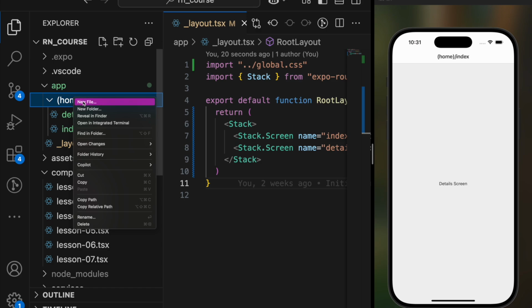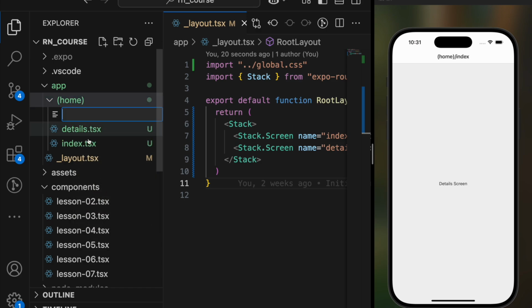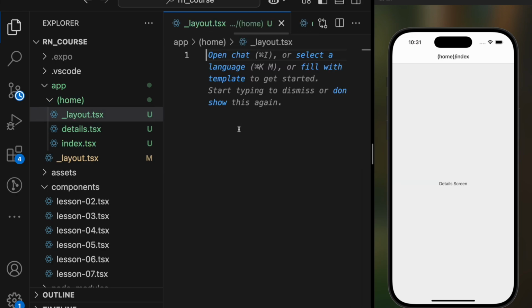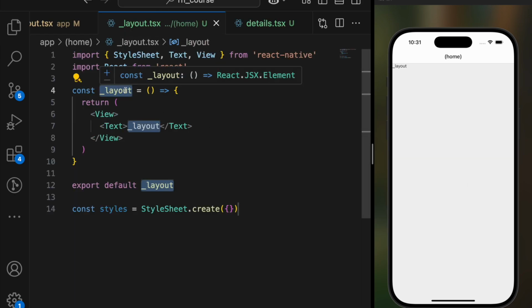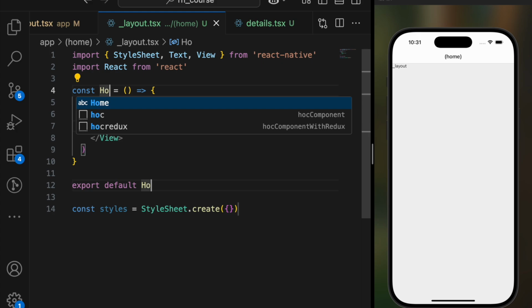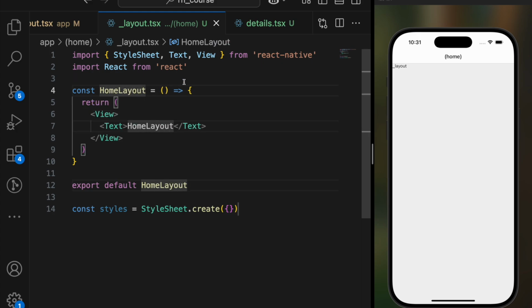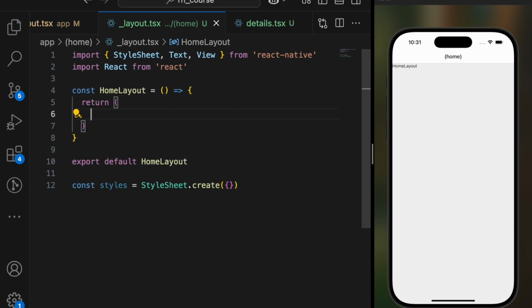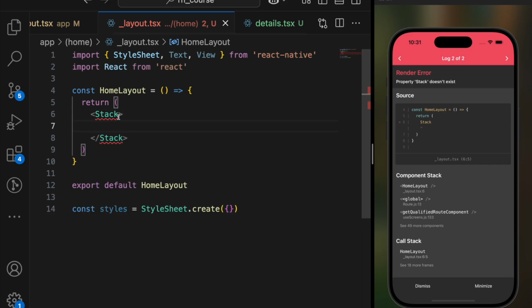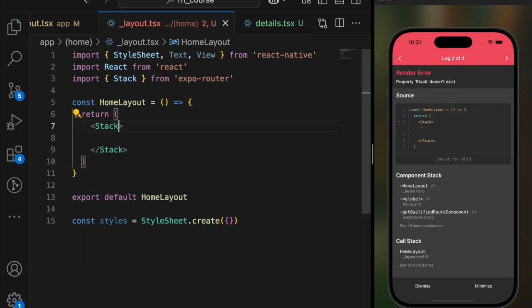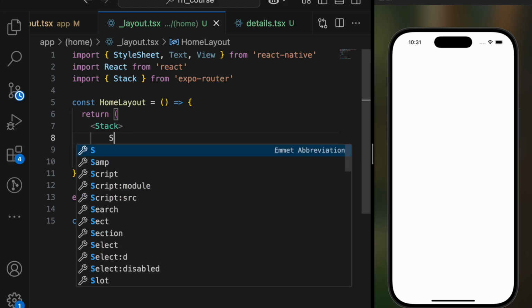So I'm going to go ahead and create a new file, and I'm going to call it underscore layout.tsx like this. And then let's use our favorite snippet, rnfes. And instead of having this layout, I'm going to say home layouts like this. Okay. So once we do that, we are going to now set the stack. Have the stack over here like this. Make sure you're importing the stack from expo-router. And then we're going to say